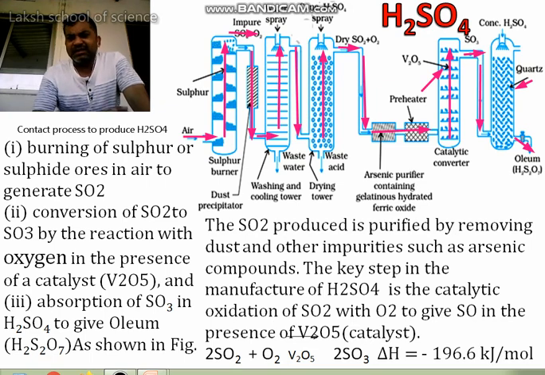This sulfur trioxide will be absorbed into the chamber which has concentrated sulfuric acid, having quartz as a support. Then finally we will have the oleum, and like this oleum is prepared. Now this oleum then comes to the sulfuric acid. So here we have some idea about the preparation of sulfuric acid. You have to keep this flow chart in your mind.